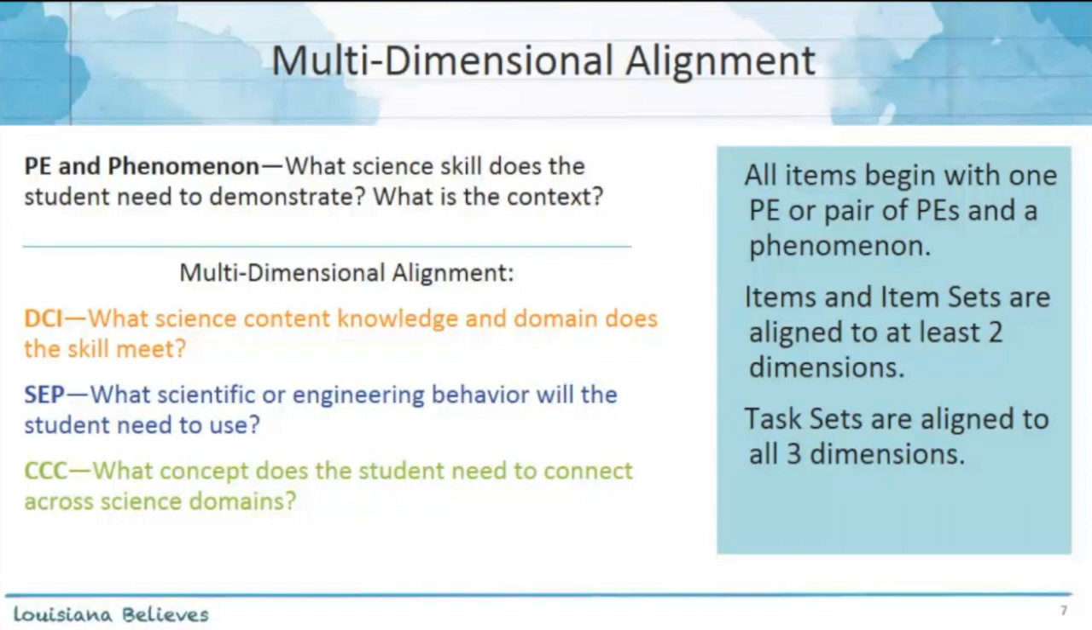In our assessment, all items are 2-dimensionally aligned. There is not an item that is only aligned to 1 dimension. All of our items are aligned to 2. Our item sets can be aligned to 3, but our test sets are all aligned to 3 dimensions. So what I'm saying to you is, even though we may have an item that is aligned to 2 dimensions, it could be aligned to another dimension, but you can choose which one is more aligned